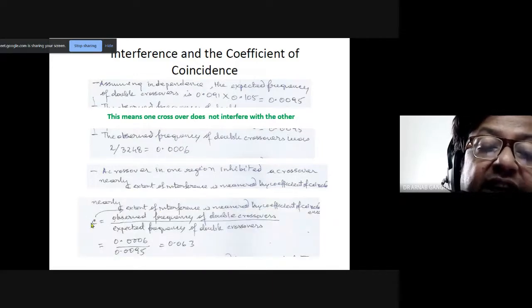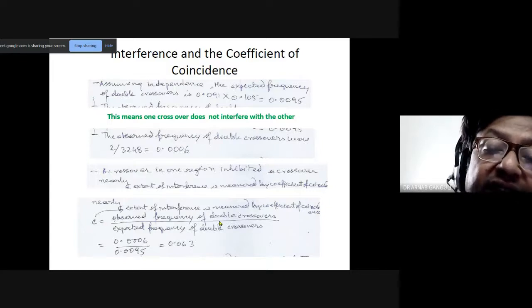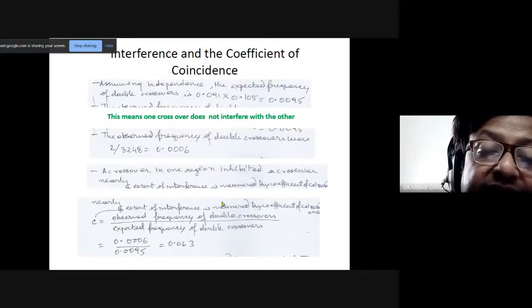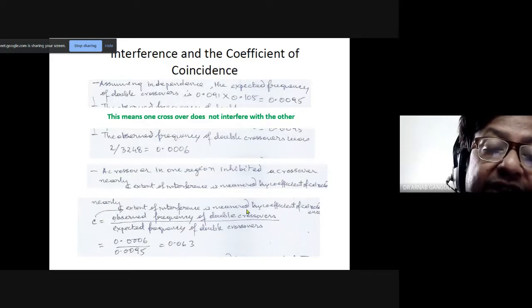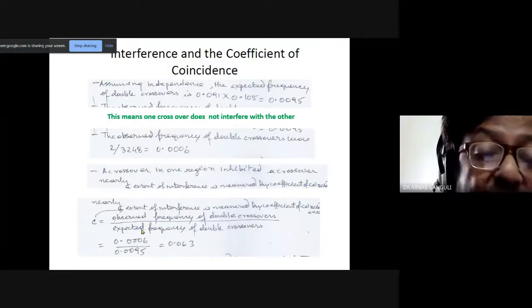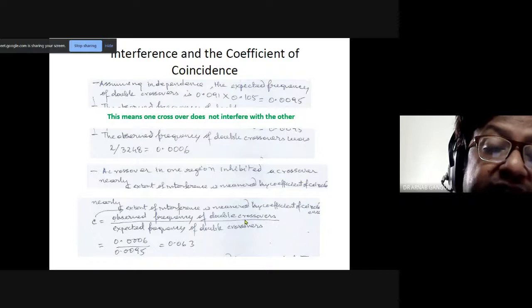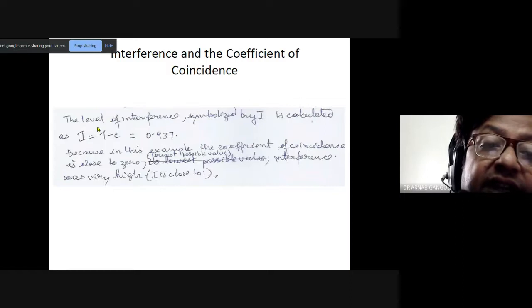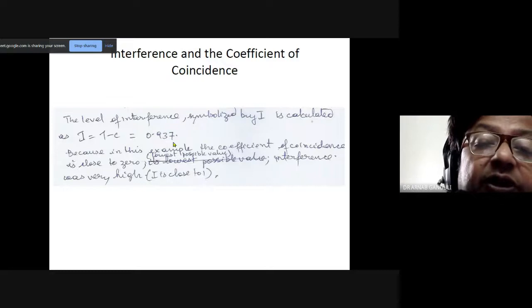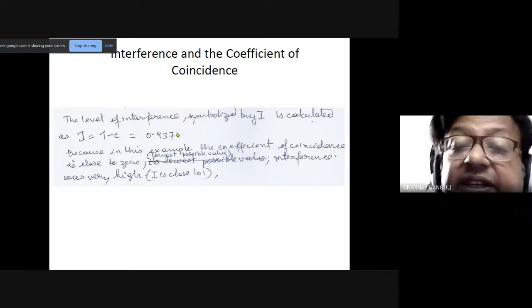তাহলে you are calculating the extent of interference and it is measured by coefficient of coincidence. And so observed frequency of double crossover by expected frequency of double crossover, you get a coefficient of coincidence 0.006 divided by 0.0095, তাহলে 0.0063. C value is 0.0063. ইন্টারফারেন্সটা কত হচ্ছে, 1 minus 0.0063, that is 0.9937। এটা হচ্ছে ইন্টারফারেন্স যেটা পাচ্ছ, তার মানে একটা ইন্টারফারেন্স হয়েছে।